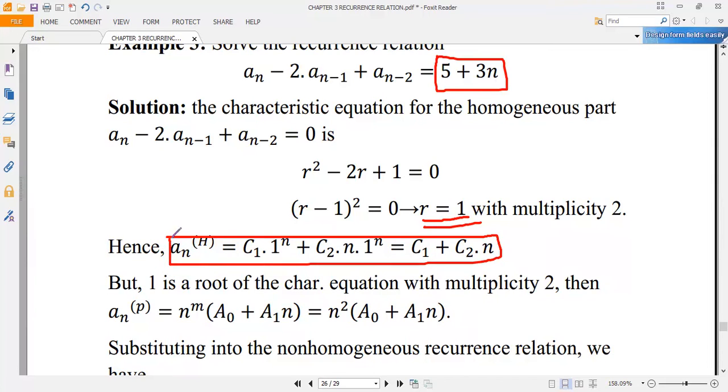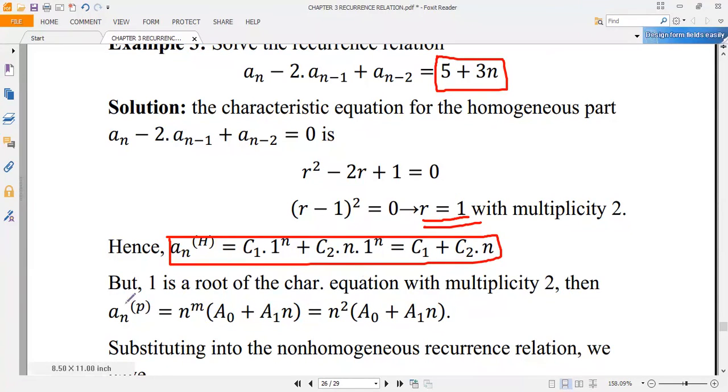The solution to the homogeneous part is c1 times 1 to the power of n plus c2 times n times 1 to the power of n. Since 1 to the power of n is 1, c1 plus c2 times n is the solution to the homogeneous part. Now, to find the solution to the non-homogeneous part, since 1 is the root of the homogeneous part,